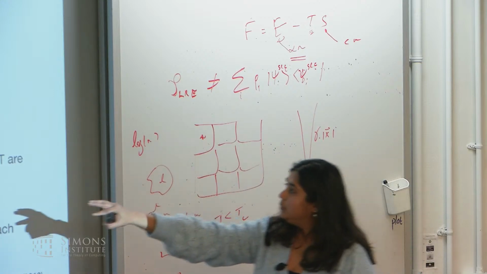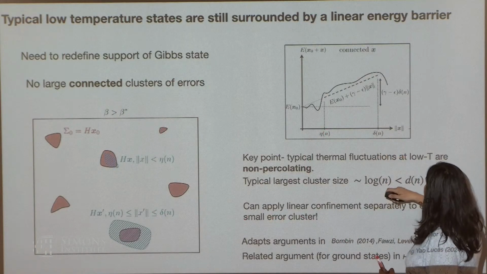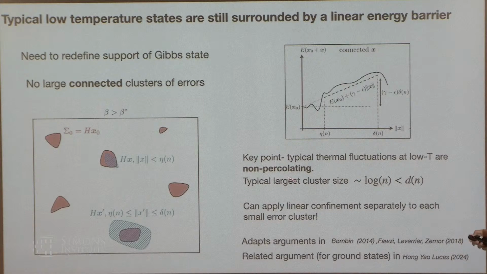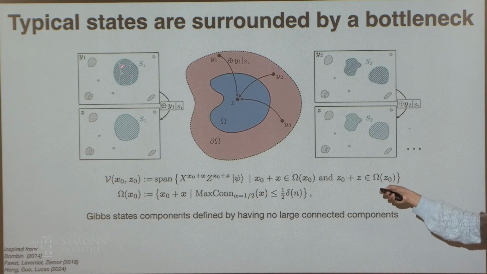Okay, so in particular, what you can do is show that up to this delta of n, you can actually apply linear confinement separately, and you get this kind of energy barrier even above finite energy density states. This delta of n is still going to be something like square root of n, but then I define my bottleneck subset in a different way. I say that things in the bottleneck are configurations which contain some large, almost connected set of size delta of n.